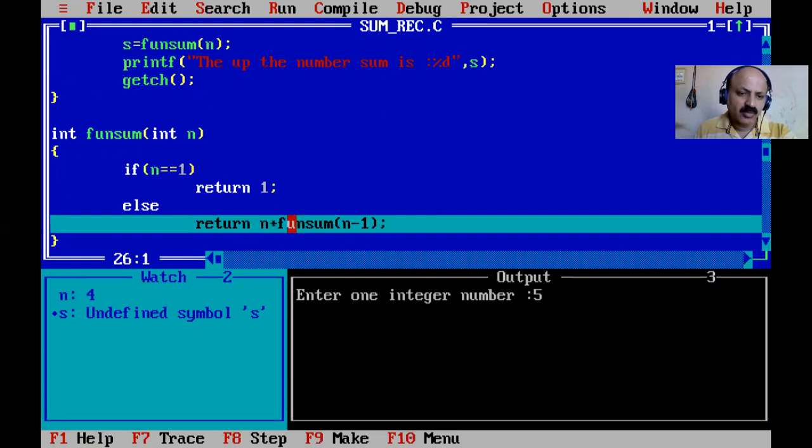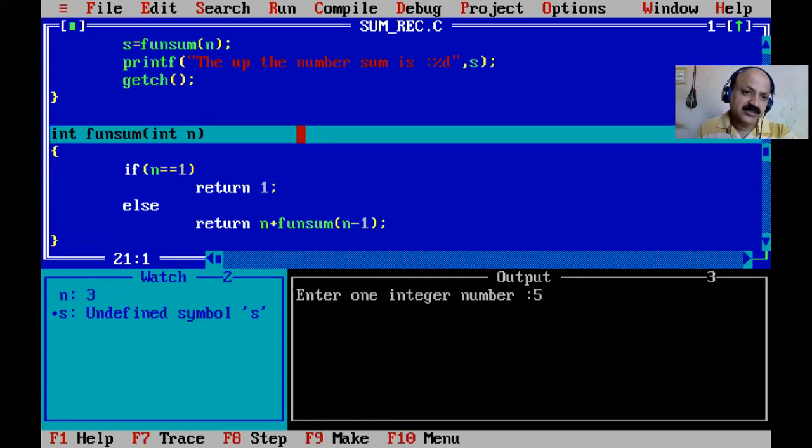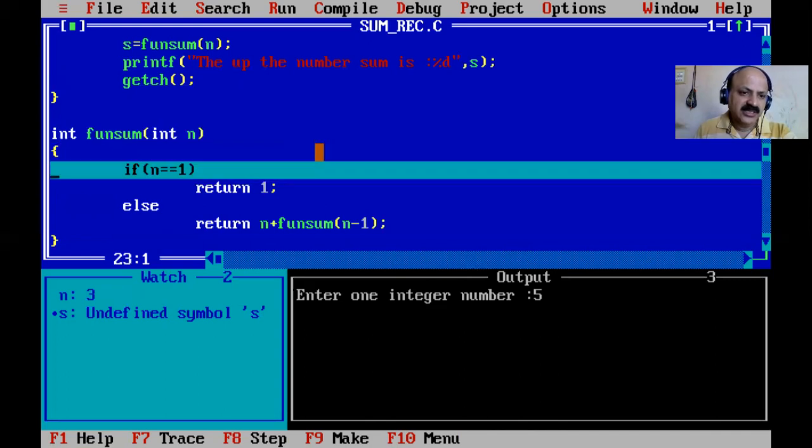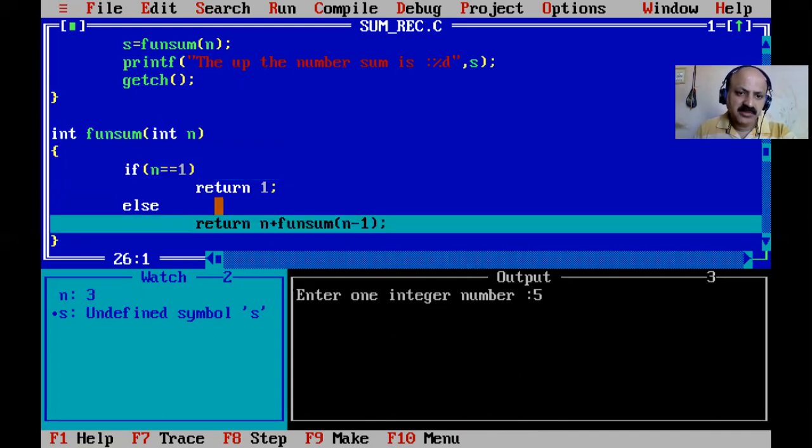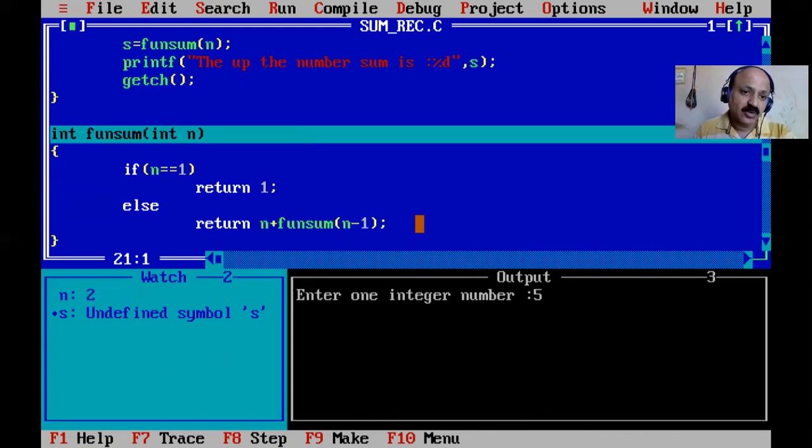So 4 and 5 are both waiting, and then the function is called again, and then 3. Now the if condition is false, so the else part; 5 plus 4 plus 3 is waiting, and now minus 1, so again a function call. Here we can see the same as our rough work.